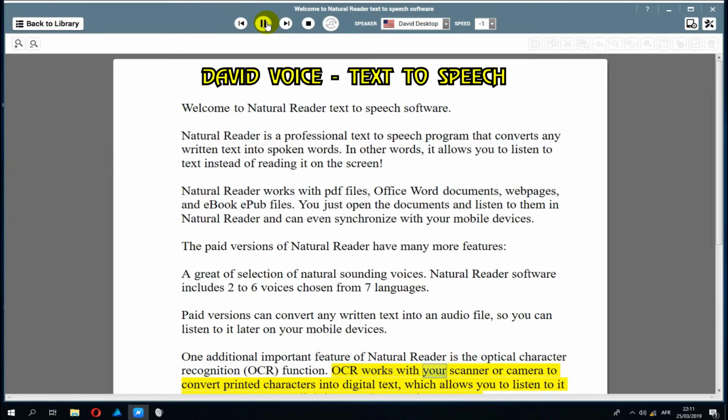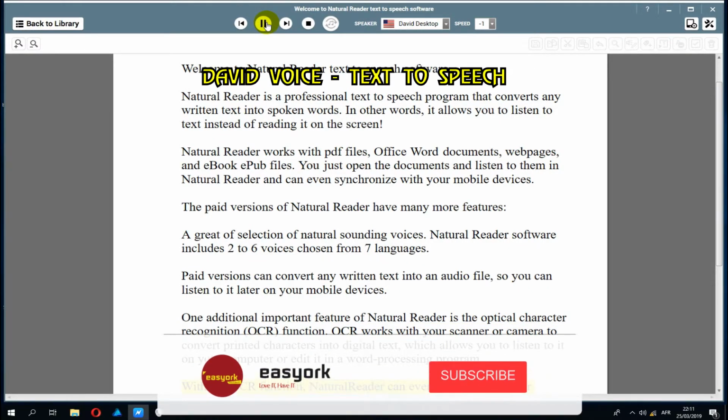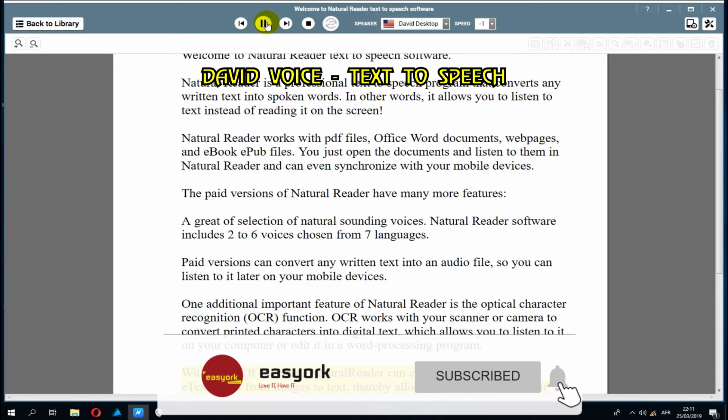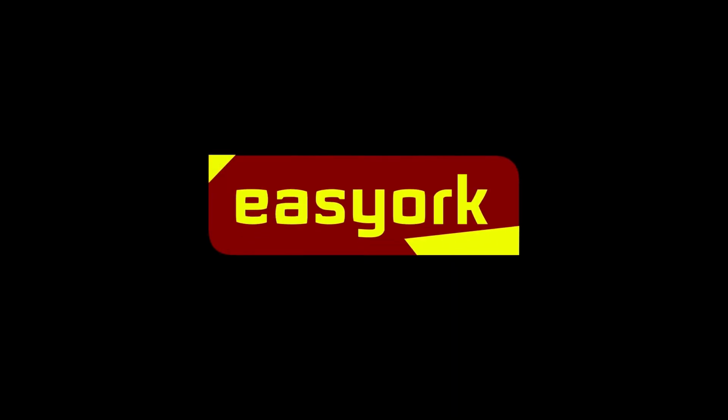OCR works with your scanner or camera to convert printed characters into digital text, which allows you to listen to it on your computer or edit it in a word processing program. With the OCR function, Natural Reader can even convert ebooks or e-textbooks from images to text, thereby allowing you to listen to your books from Kindle, Adobe, iBooks, or Course Smart on your computer, Android device, or